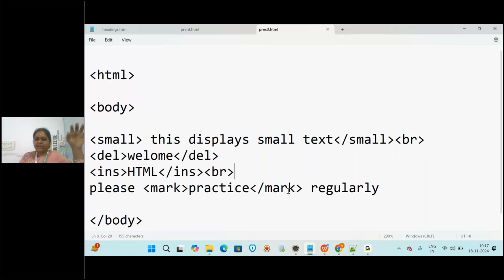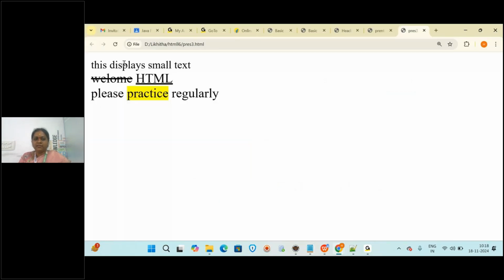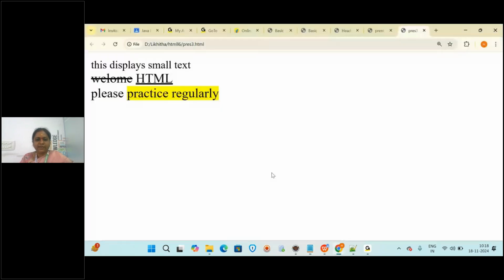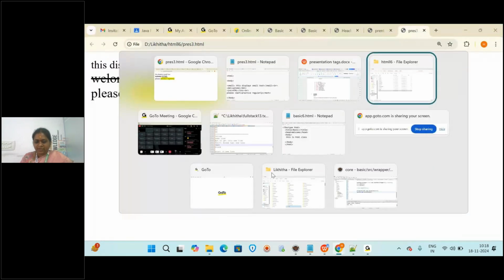If you forget the closing here, and you have closed it after regularly, then what will happen? Regularly will also be applied with the style. That's it, nothing to worry. Then you have to change it, modify it. Clear? Understood everyone? Yes. Okay.